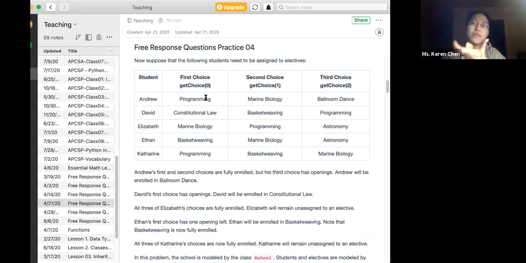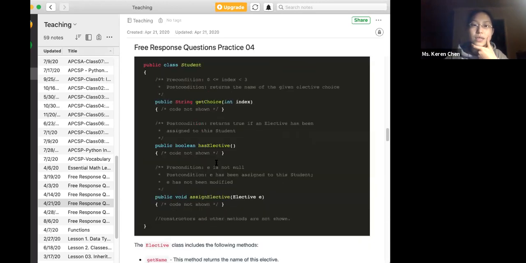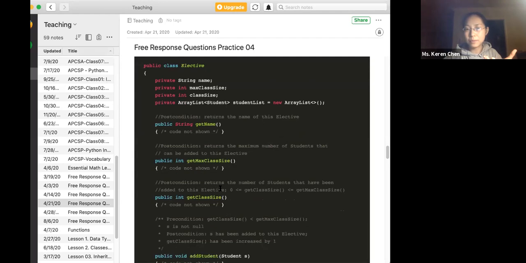Then once we have the name of the first choice of Andrew, we check by the name of the elective if that class still has space opening, right? And remember, we just implemented the get elective by name method in part A, right? So we can use that,